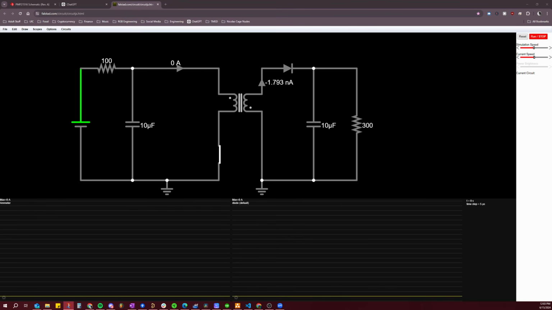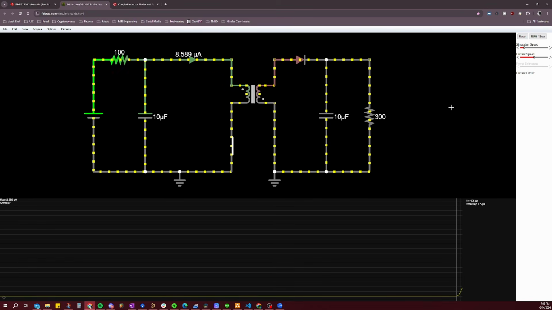One is when the MOSFET is on, the other is when the MOSFET is off. So when the MOSFET is on, the primary side of the transformer essentially becomes shorted to ground. Because we can look at the primary side of the transformer as an inductor, we know that it will resist any changes to the amount of current flowing through it. So what will happen is the current through the transformer will start to gradually ramp up in a linear fashion,